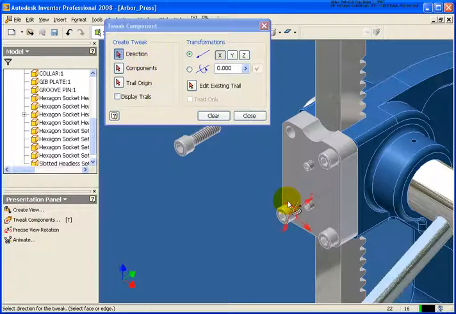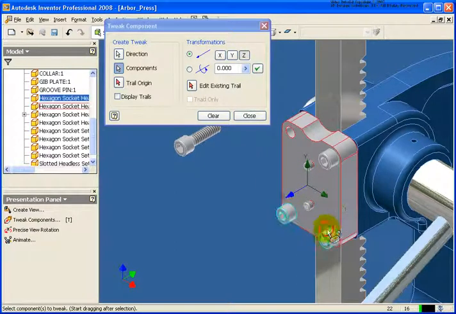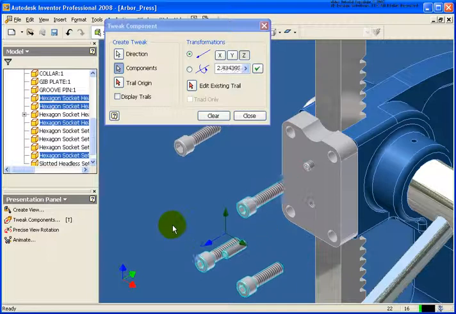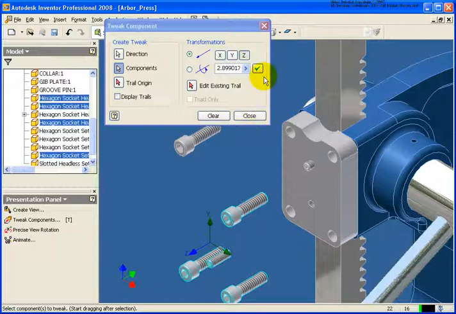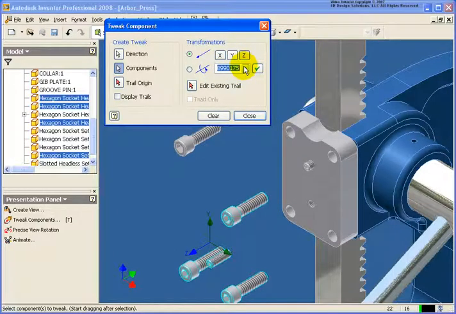So again, for the direction, I'm just going to move my cursor right over this front plane. And now what I'm going to do is select the 3 bolts and the 2 set screws, and let's move these components out. As you see that I missed one, and that's okay. For now, I'm just going to go back and apply that. Let's change the value first to 3,